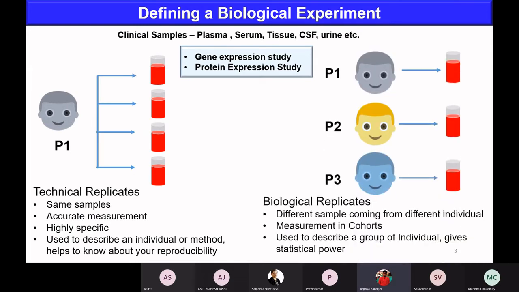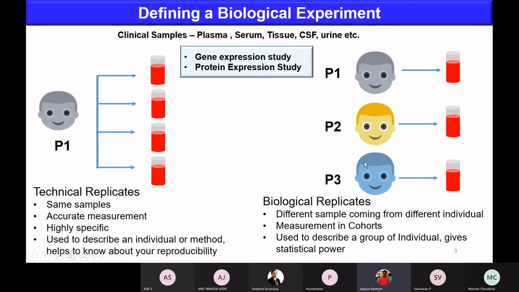If the biological samples are taken from different individuals, like I have patient 1, patient 2, patient 3, and I have collected the biological samples, but they fall into the same domain, like diseased human beings. So this kind of condition, where the samples come from different individuals but from the same domain, like humans or mouse or some other organism, they are called biological replicates. The biological replicates come from samples of different individuals.